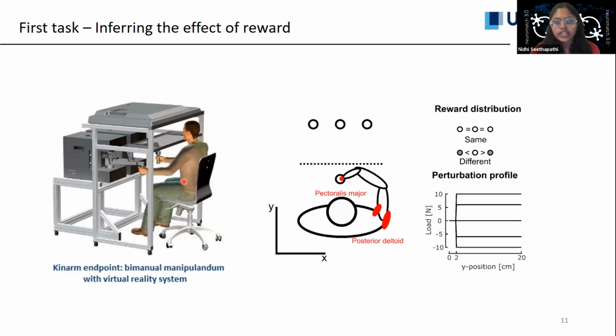Okay, and one more question. So, what was the reward protocol or distribution that was implemented? How was the reward implemented? Yeah, so each target, the large reward gave you 5 points and the smaller reward gave you 1 point. And at the end of the experiment, there was a scale and participants knew beforehand, so they could earn from 10 to 15 euros, and depending on how much they scored during the movements, they got the compensation accordingly. Okay, cool. Thank you.